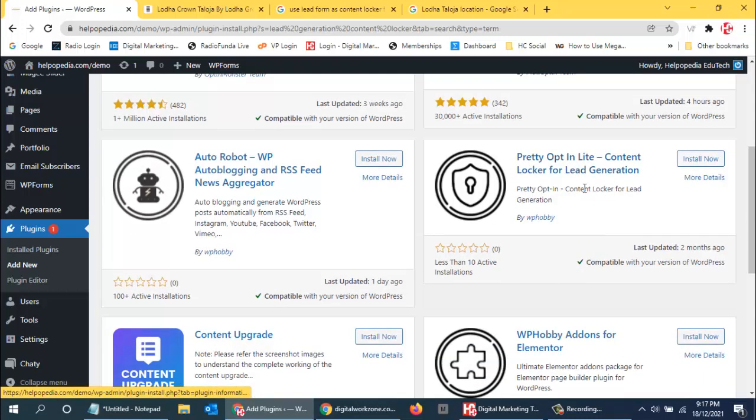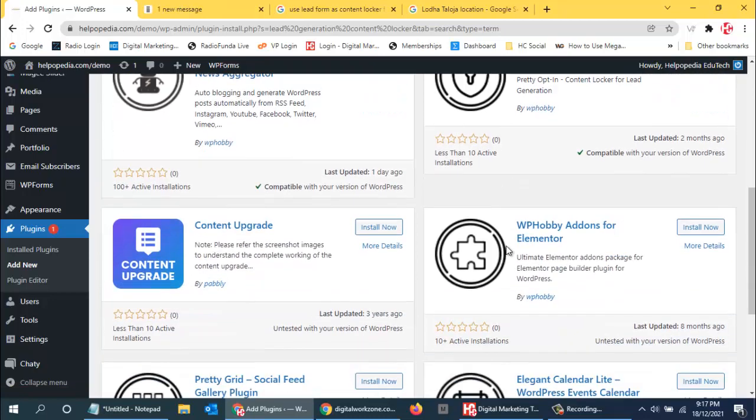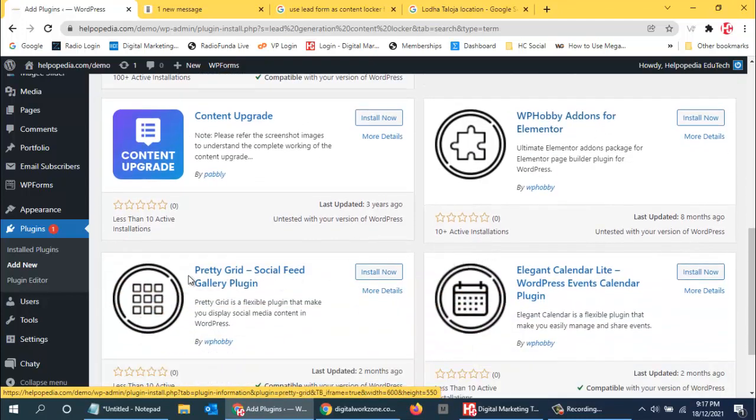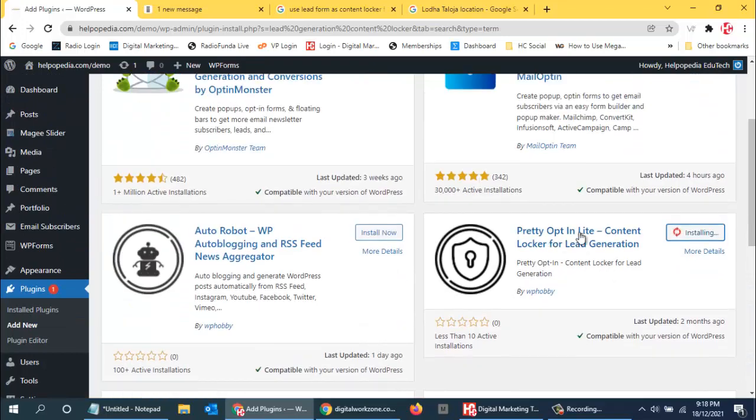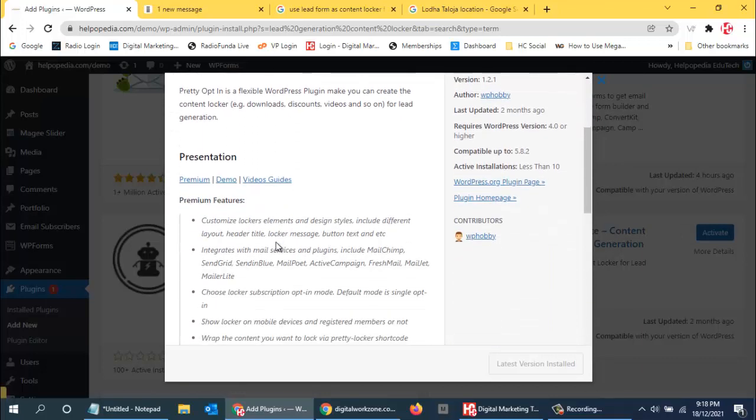Content upgrade, or WP hobby add-on Elementor. This is a pretty social gallery plugin. Okay, fine. Over here we have only 8 of them, so I think this might work. Till that time, let us see more details. If it works, what are the features available? Customized locker elements and design styles include different layout, header title, locker message, button, text, etc. Integrates with mail servers. Plugins include MailChimp, SendGrid.